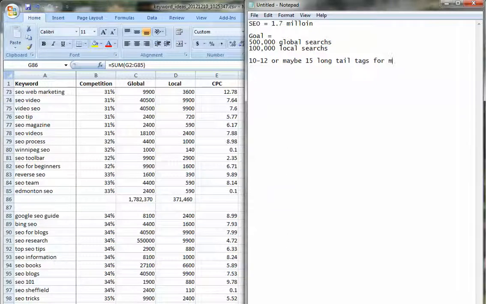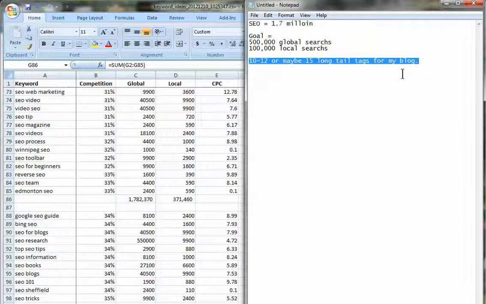So what's the goal? In this particular case, there were 1.7 million searches. My goal is to find long tail keyword tags of 500,000 global and 100,000 local. And I'm going to write 10, maybe up to 15 tags for my blog item that contain all those long tail keyword phrases.